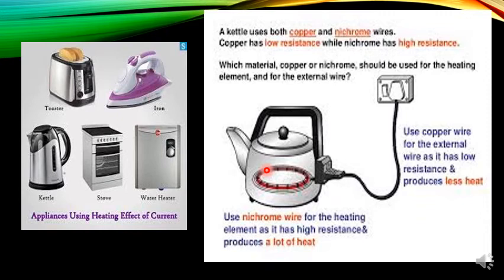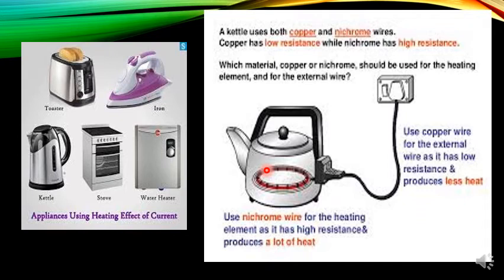For example, the heating element of an electric heater made up of nichrome glows because it becomes red hot due to the large amount of heat produced on passing the current. But the cord or the connecting cable of the electric heater, which is made up of copper, does not glow. Why? Because negligible heat is produced in it by passing the current because of its extremely low resistance. The heating element or any heating device becomes red hot and glows up to 900 degrees Celsius. It is only because of the high resistance of the nichrome, which is used as a heating coil.